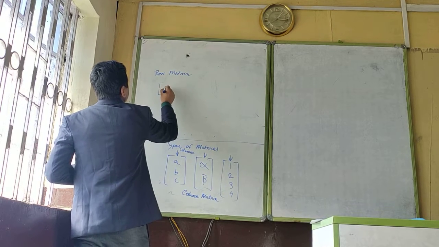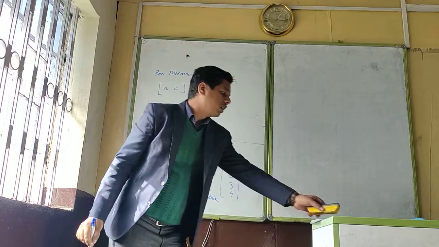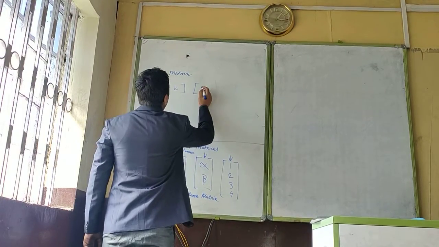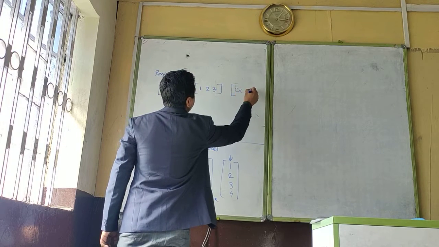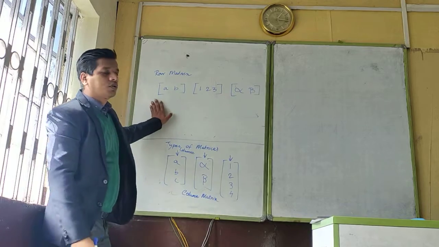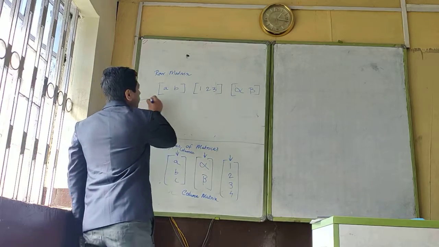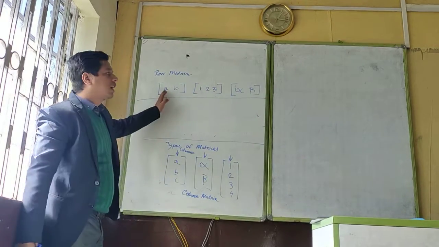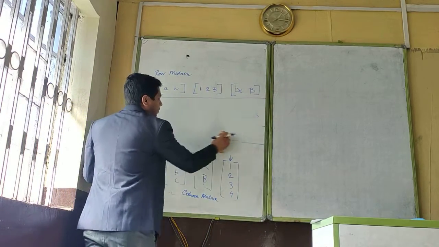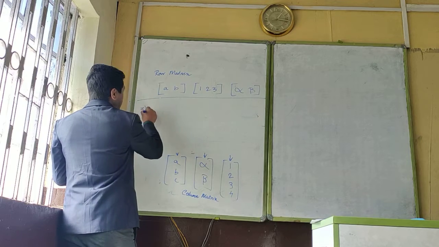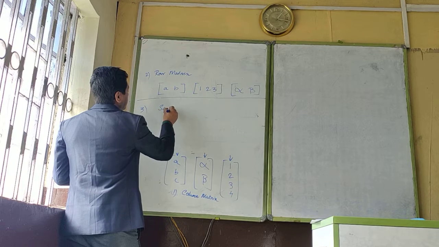As the name suggests, here you will have only an arrangement of numbers, symbols or functions in a row format. Here we can see we don't have columns, we only have a single row. So these kinds of matrices are known as row matrix, where only a row is present and columns are not. Now after this, this one was the first type, this is the second. Third type, square matrix.